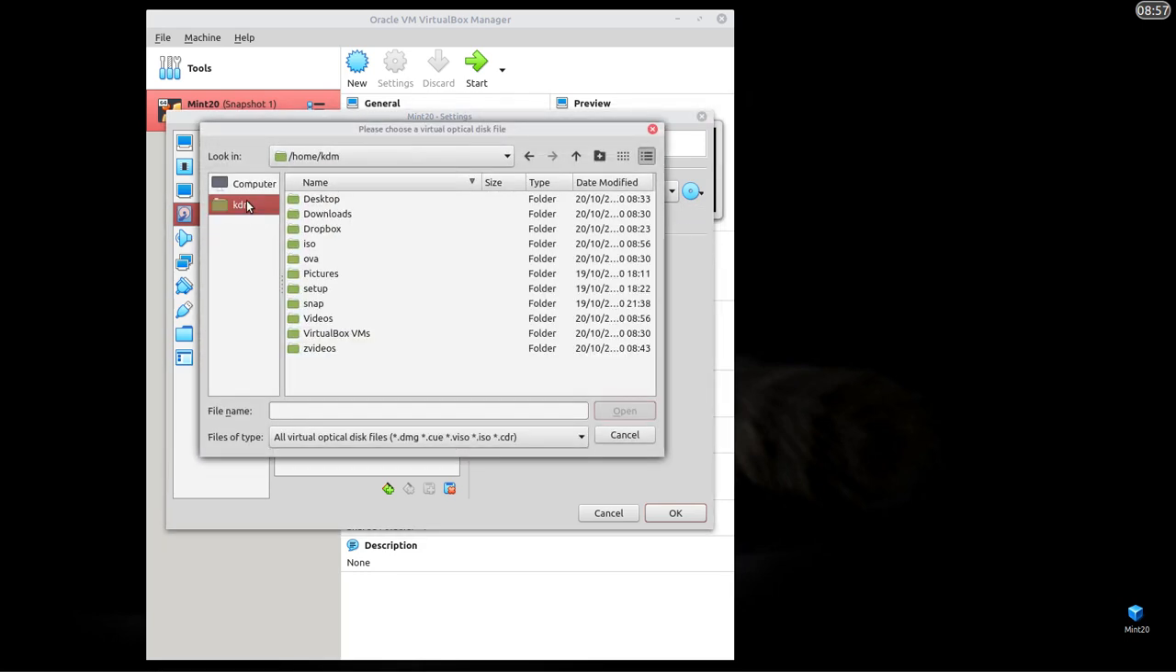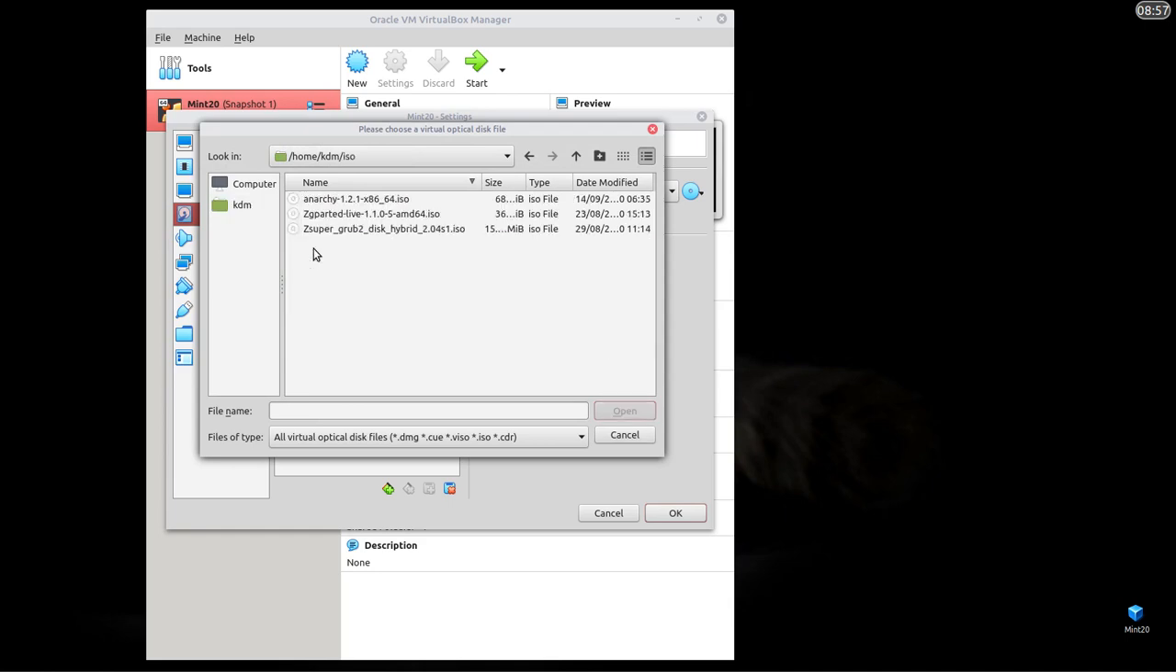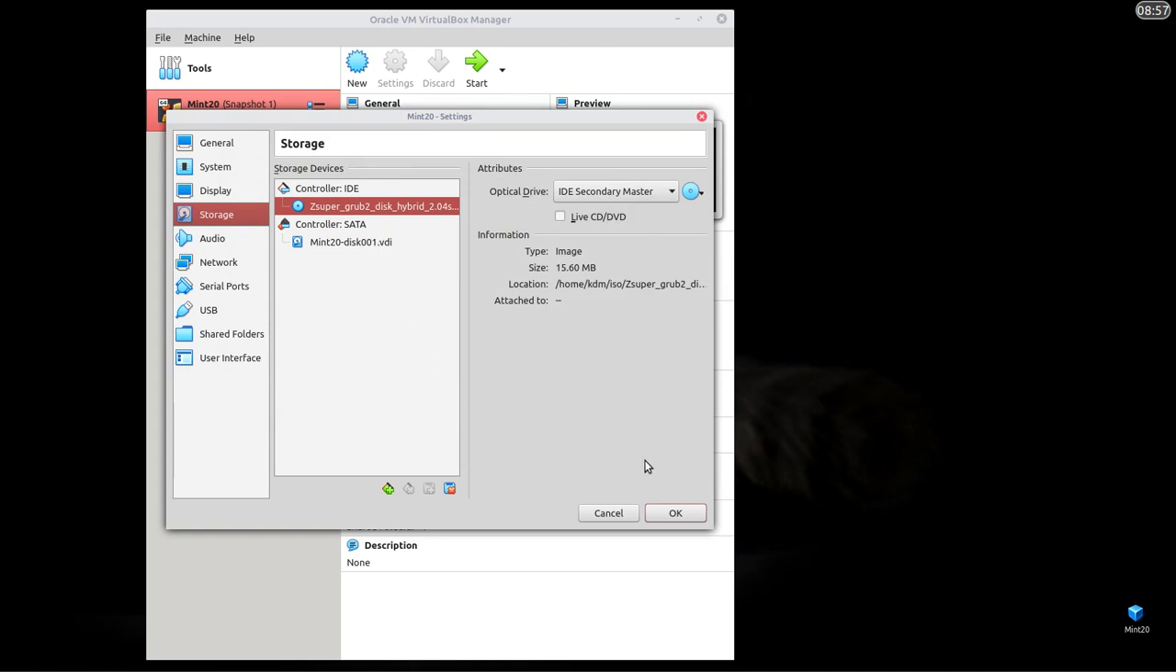and in my user I have an ISO folder. In the folder I have got, along with Anarchy, which you can use to install Arch, which is my next post I think, I've also got gparted and SuperGrub. I put a Z on the end so that these would appear at the bottom of the list. So I want SuperGrub. Okay,